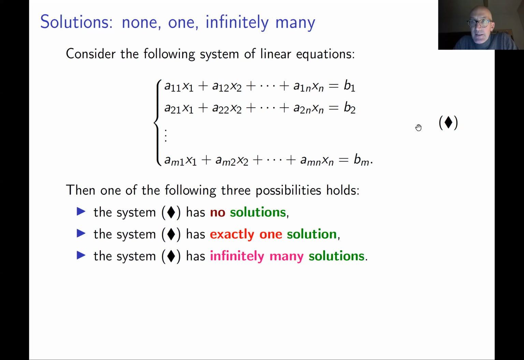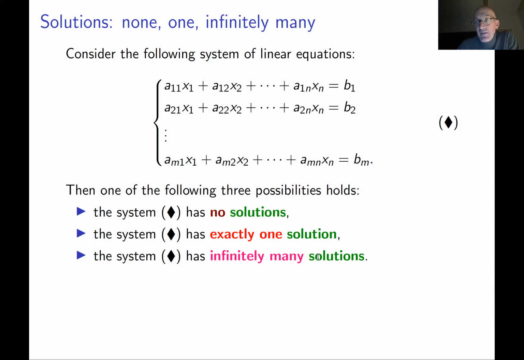You cannot find the solution. So this lemma on the previous slide is not applicable. Okay, so there is one option. The second option may be that you have exactly one solution. So basically it means you guessed one solution, or maybe you found it using some tools, and there are no others. And the third possibility, you have infinitely many solutions.